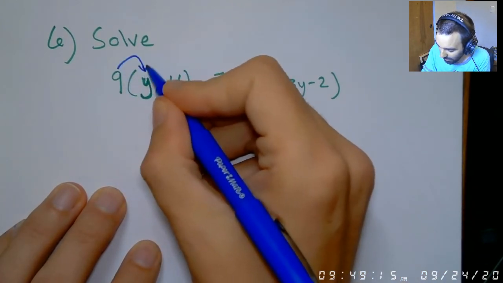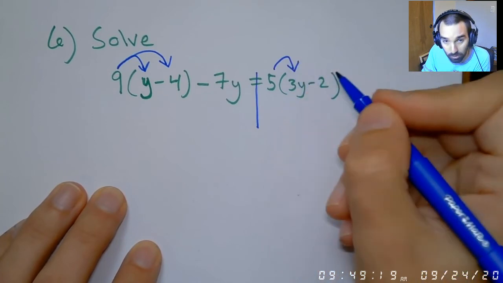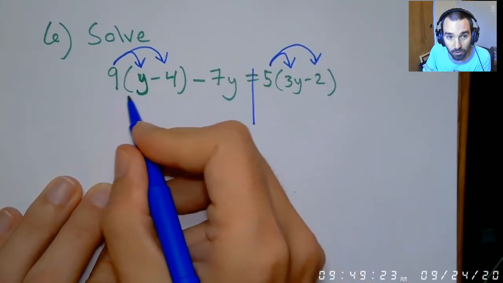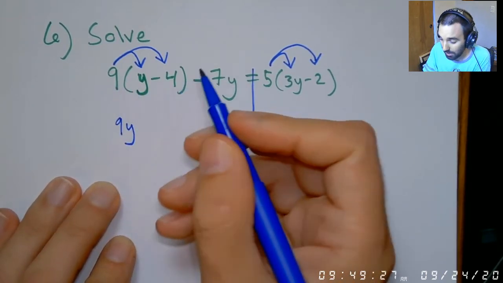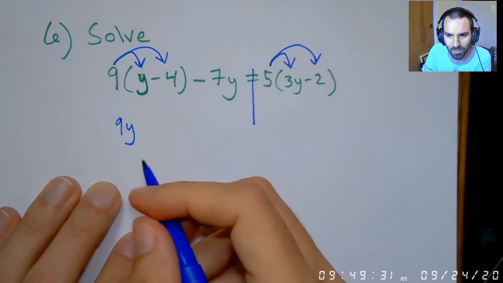So I'm going to go 9 times y, 9 times negative 4, and I'm going to go 5 times 3y, and I'm going to go 5 times negative 2. So let's do this. 9 times y, that's 9y. 9 times negative 4, right? What's 10 times 4? 10 times 4 is 40, so this is going to be